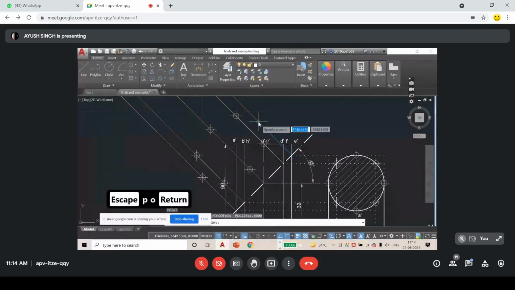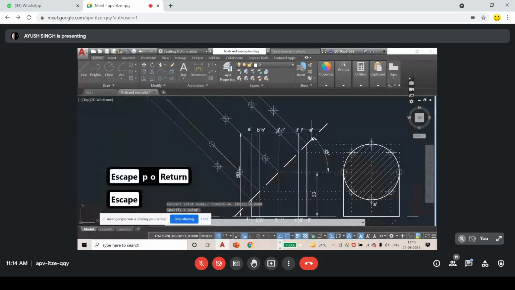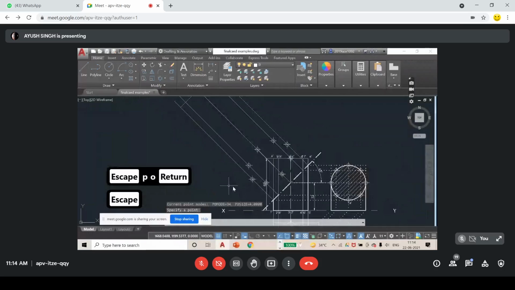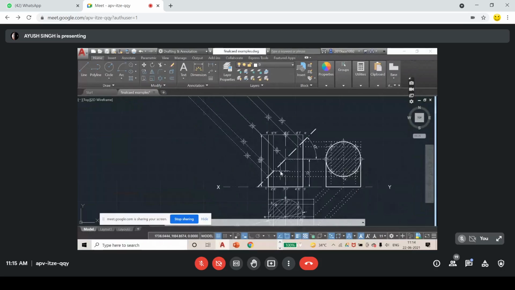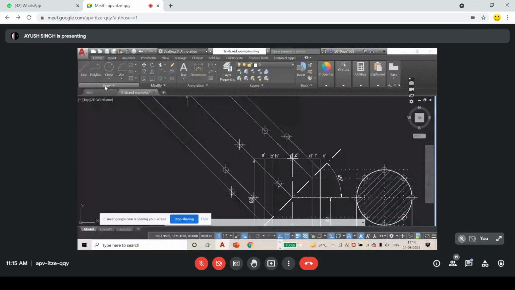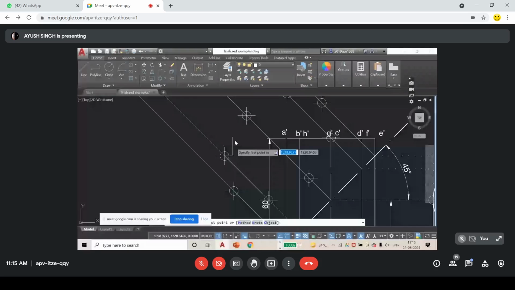end point. Now, this is not an ellipse. I guess this is not a circle. We don't know what it is. It might be an ellipse, but it is actually not an ellipse. But in order to make it, how do we make it? So here comes the spline tool. Here is the use of the spline tool. You can see we will join these points using a spline curve, not using an ellipse. So just use the spline tool.